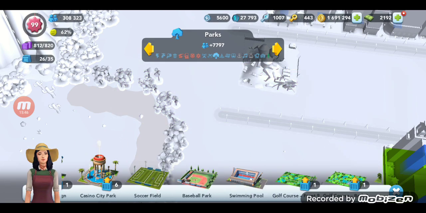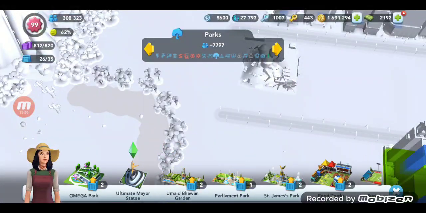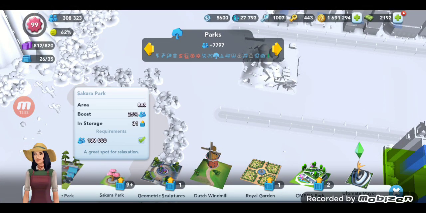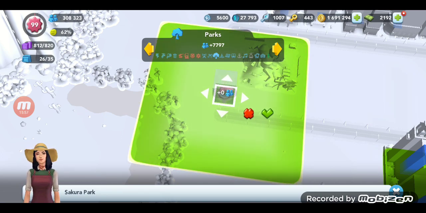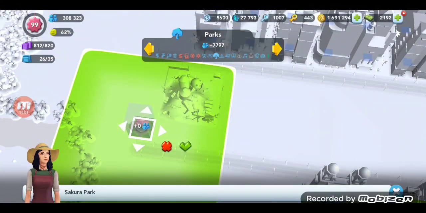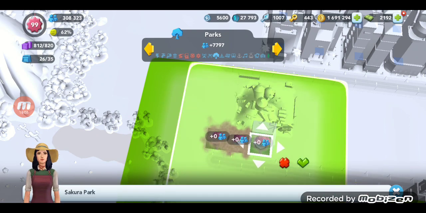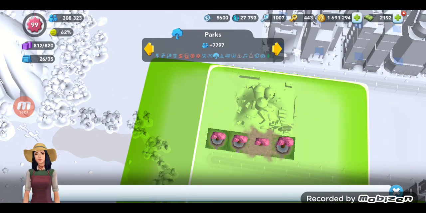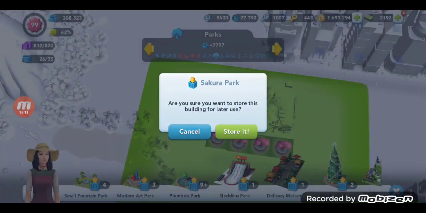Okay, now we have the pink park, which is the one I used, and this is an 8 by 8. This one works really well when doing the grid layout because it's only one square. So if you were to place, let's say, 4 of these along this building, or at least the 3,